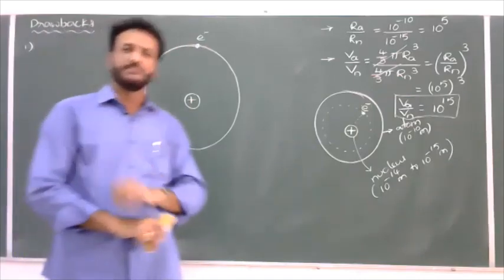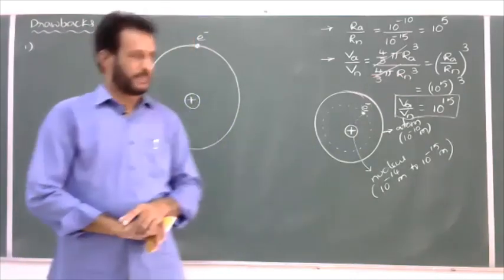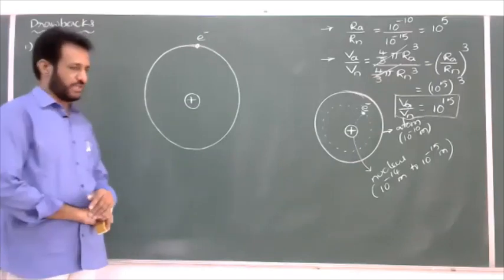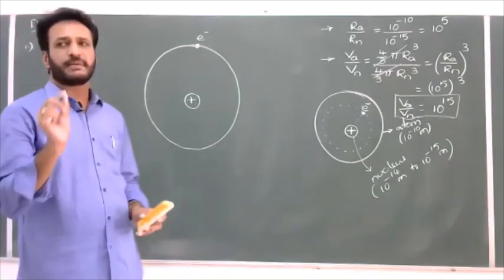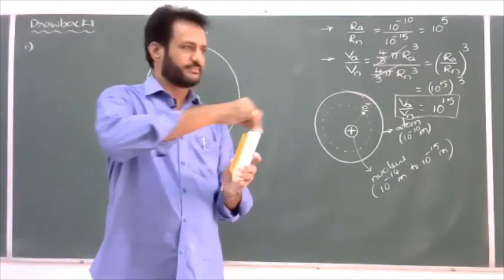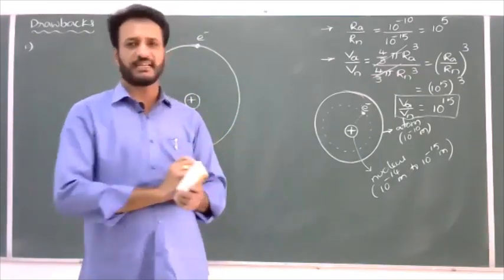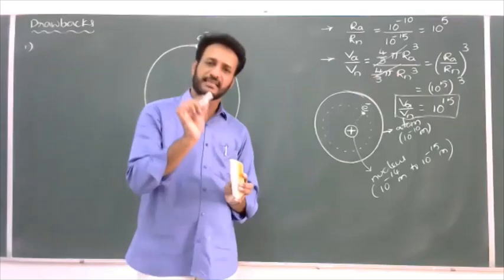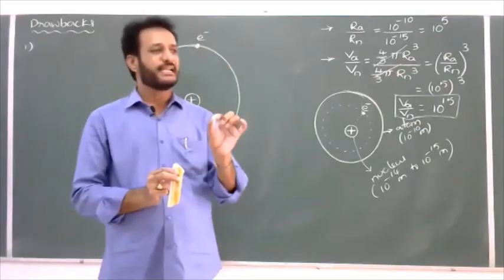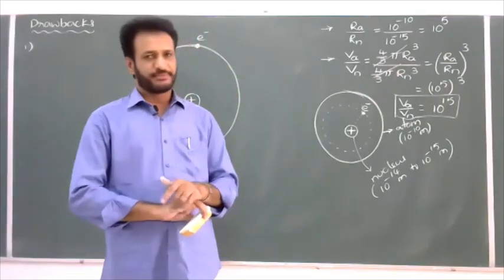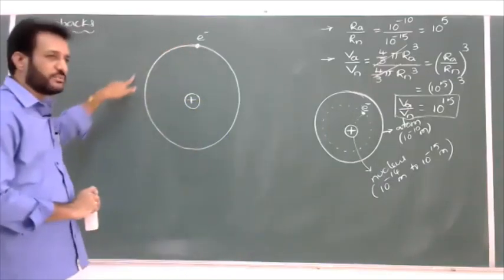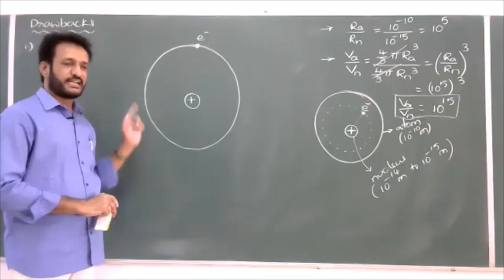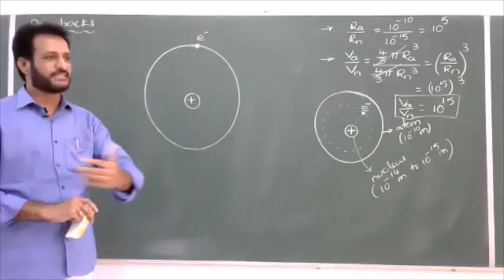At that time, one classical theory was proposed by Maxwell. The electromagnetic wave theory suggested that any charged particle in motion, maybe circular motion or whatever motion we take, must radiate energy in the form of electromagnetic radiation. In the same way, when the electron is in motion, what can we expect? The electron also should emit some amount of energy or radiation.